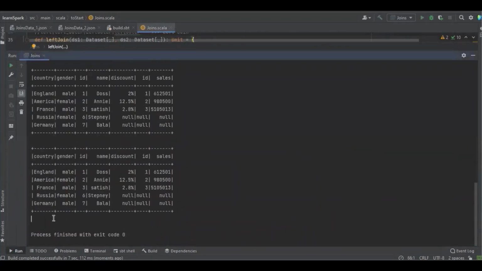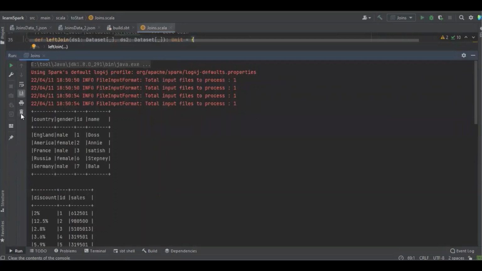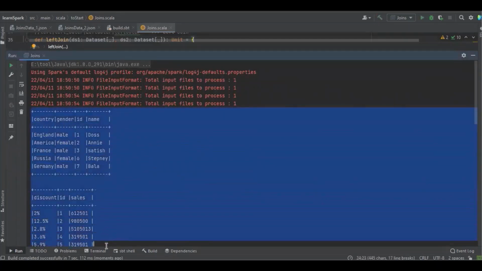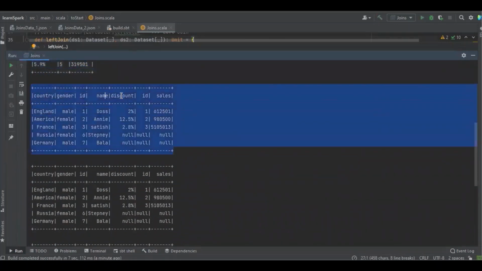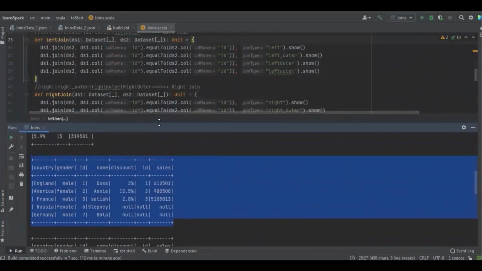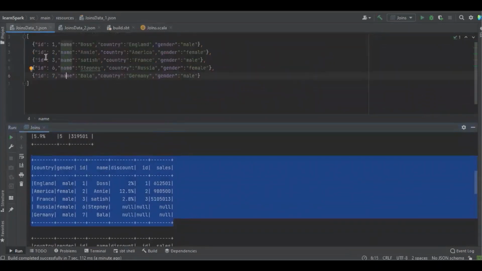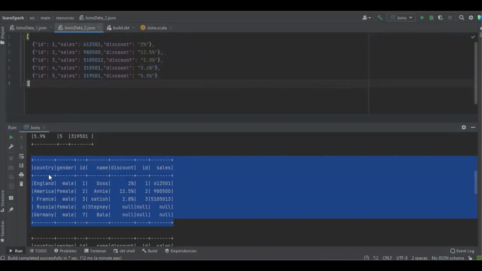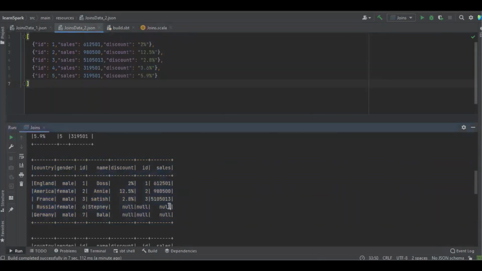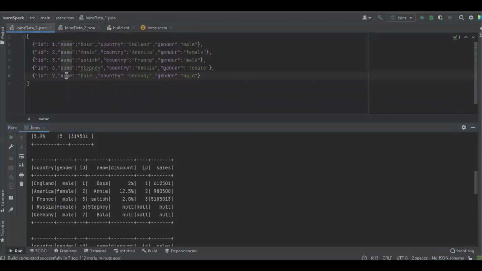Great, it's completed. Here are source dataset 1, source dataset 2, and the result of the left join. Let's compare with the source data. In a left join, we can see the fields from both dataset 1 and dataset 2, but in the result